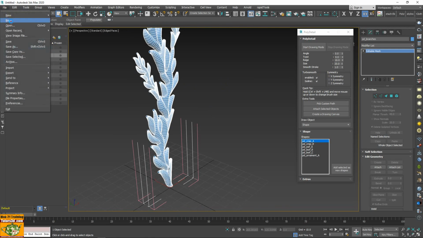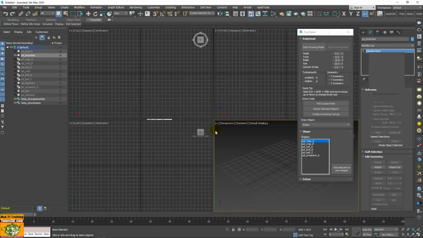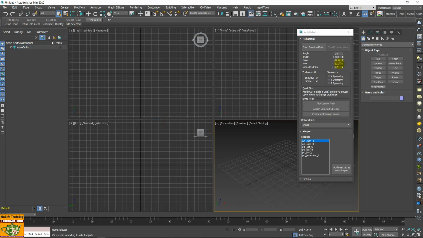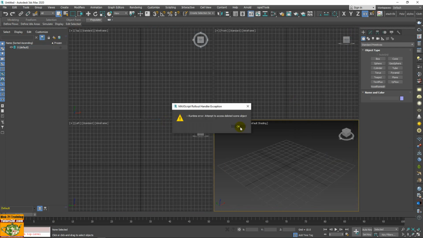I do a reset for a moment. Okay. Obviously when I reset, and I'm going to delete all these elements without first closing the script, it gives me an error message because it no longer actually goes to find those scripts, and it tells me below, look, I can't find those scripts anymore because you reset 3ds Max in fact.